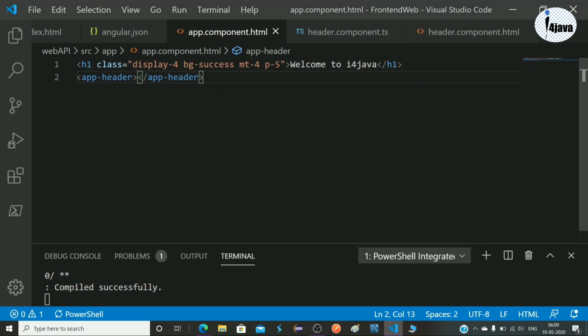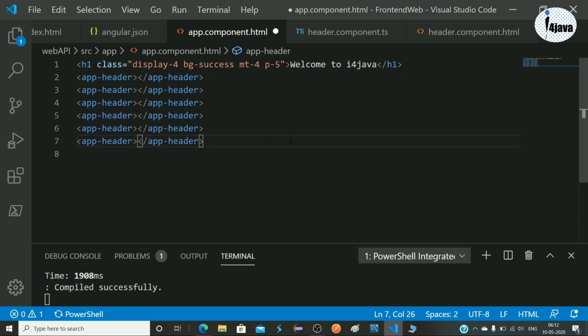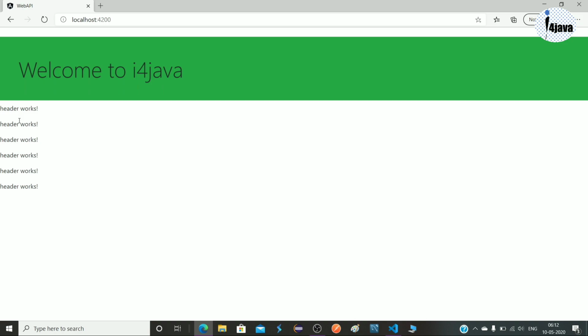If you are wondering why we use components in Angular, this is why, because a component is reusable. Component is a very great feature. It has reusability. So whenever you want to reuse it in another component, you can just copy it and paste it there and it will work. No need to write that code again and again. Suppose I want this code 5 times, or 6 times, whatever more, I can write like this and save it. It will render 6 times. So here you can see 1 2 3 4 5 6. So it has reusability.